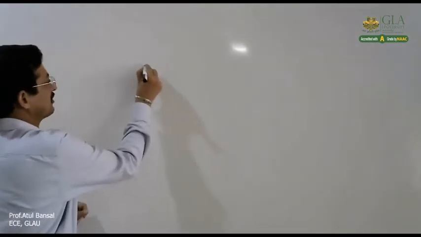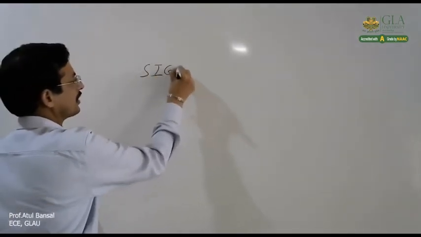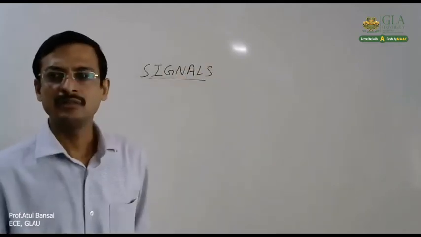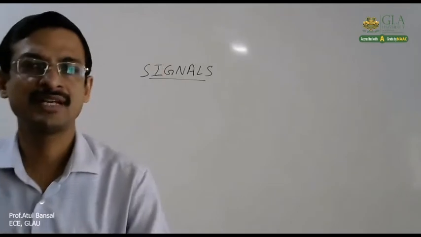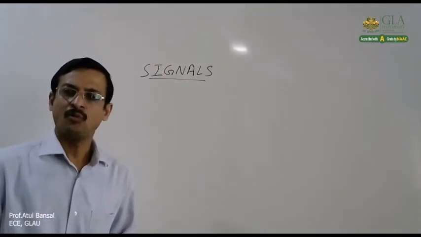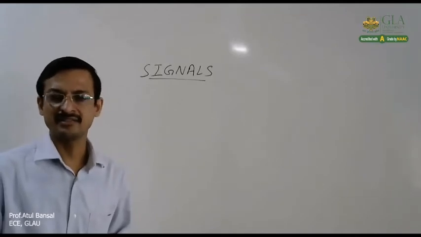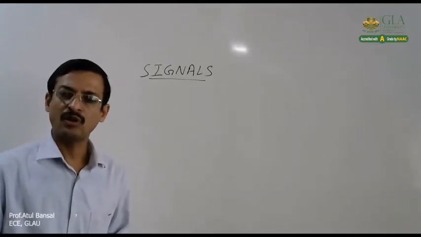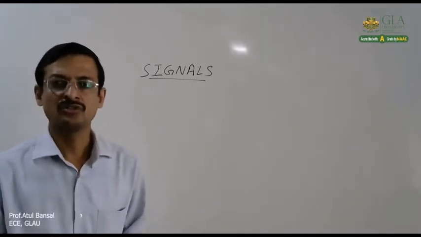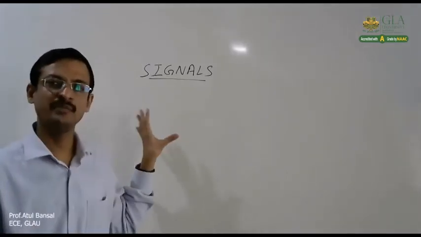Hello everyone. Let us start our course on signals and systems. Here the first chapter is mainly focused upon signals. In this chapter, we are going to study what we mean by signal, how we classify signals, how we represent signals, what the different basic standard signals are, and what the different types of transformations are that can be applied on the signals. So let us first define what we mean by signal.